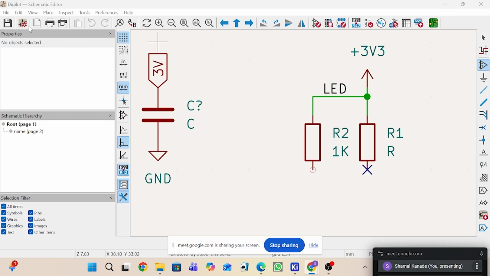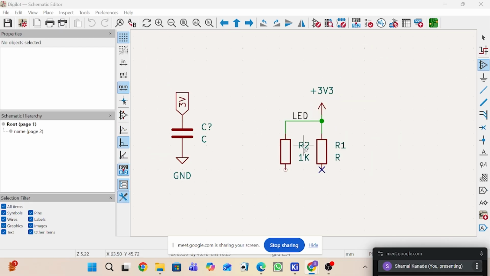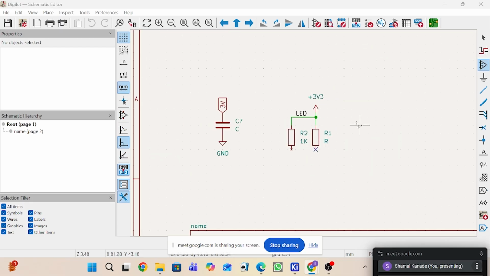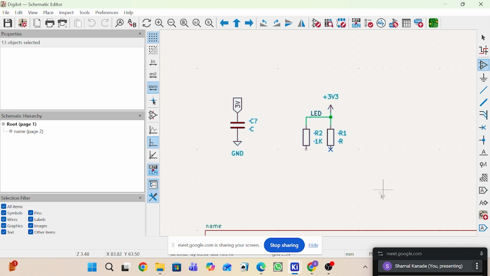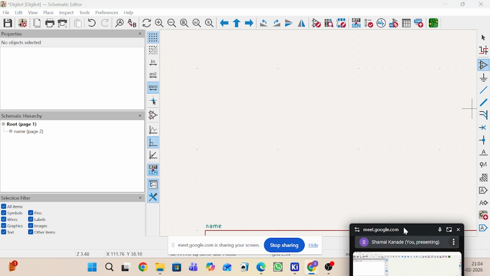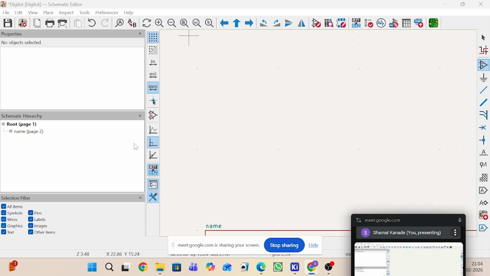So last time we have seen lots of icons, right? These top and right side icons. So today we can cover the left side icons as well as one schematic drawing based on the buck converter. So I will go to the schematic editor, right? First of all, we can cover these things, and then